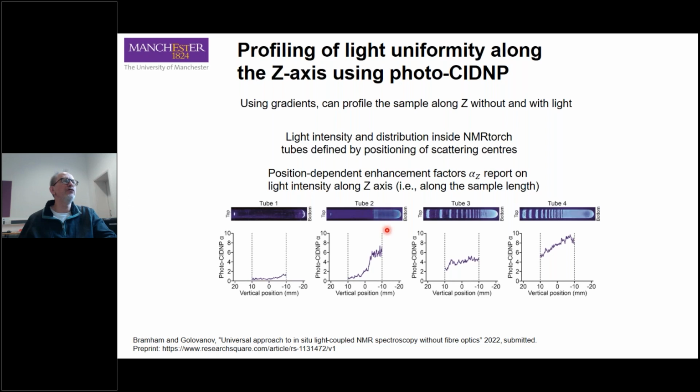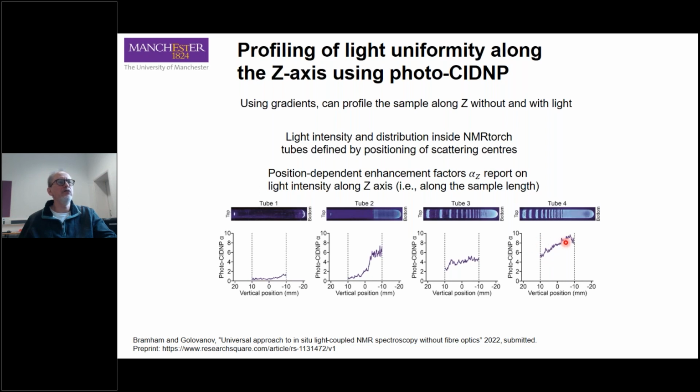So for example, tube number 2 is etched only in the bottom half of the sample area, and we see that signal is enhanced in that area, but much less so in the non-etched area. But if we add more etchings towards the light source, we can increase both the light intensity there, and we can also affect the shape of the profile, making it more uniform. So here it is still not particularly good, but we've got space to add a few more etchings there, and that would flatten the profile and will make it both high in absolute value